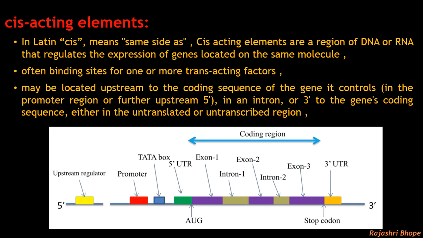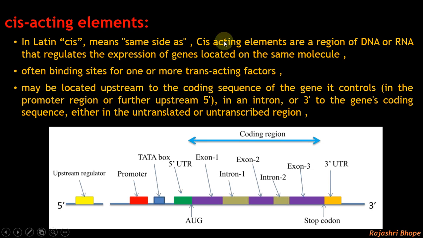Cis-acting elements are the regions of the DNA or RNA that regulate the expression of genes located on the same molecule. Okay, they are often binding sites for one or more trans-acting factors, and may be located to the upstream side of